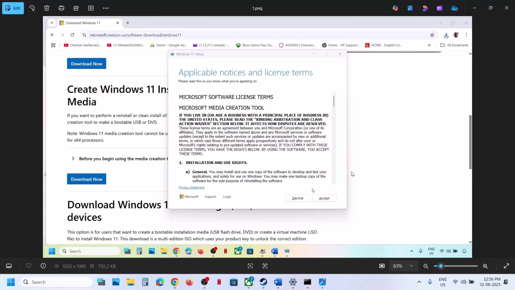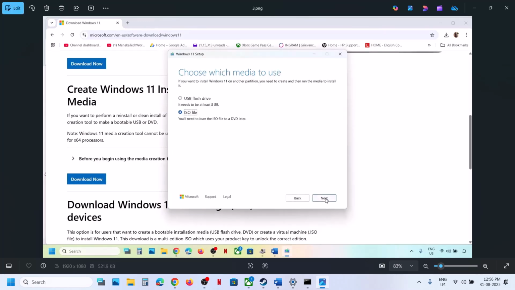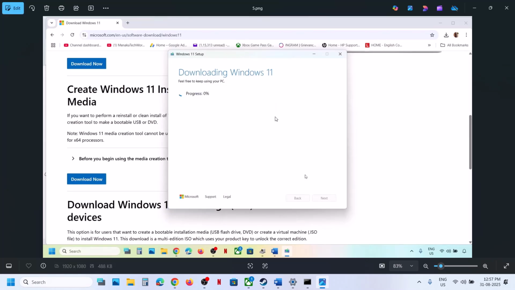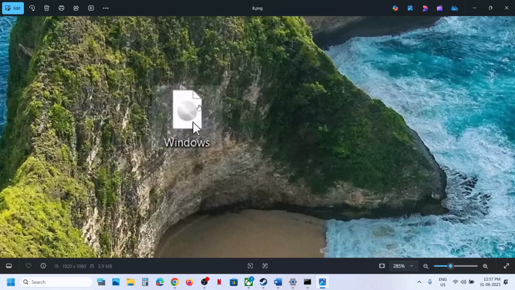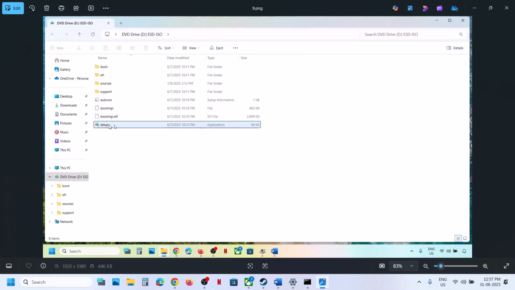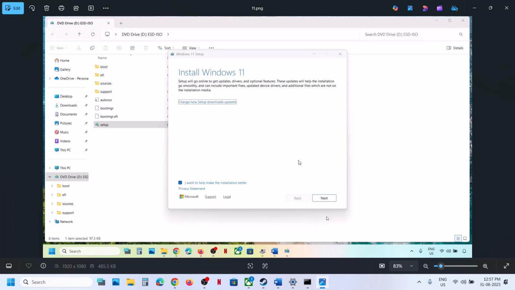Now once you run the exe file, click on accept over here, and then by default Windows 11 will be selected. Click on next, select ISO file over here, and then click on next. You can save it to desktop, save, and then let the download complete. This process will take some time, and once this is done, click on finish option, and then let it close automatically, and then go to desktop, make a double click on Windows ISO file, and then you will see setup file. Make a double click, run the setup file, click on yes to allow, and then click on next over